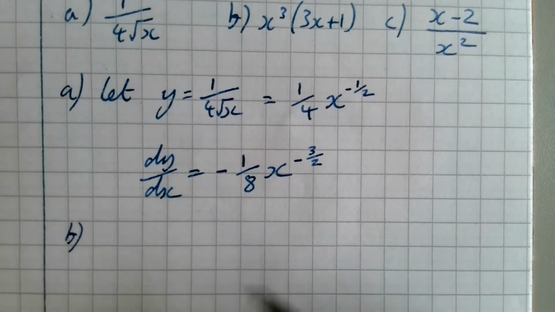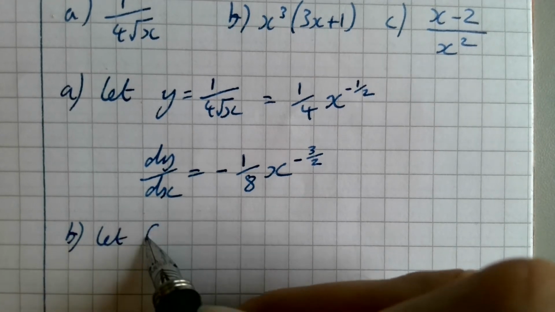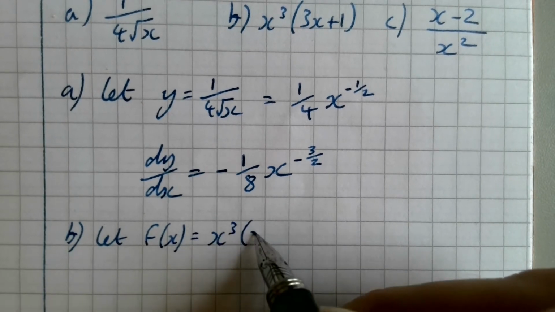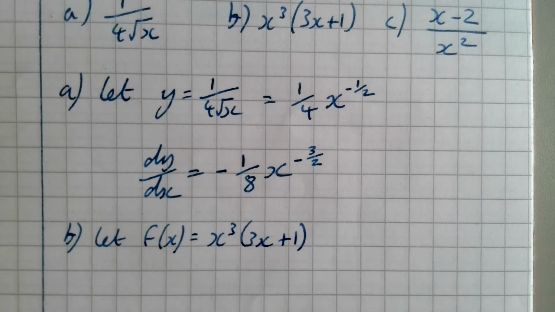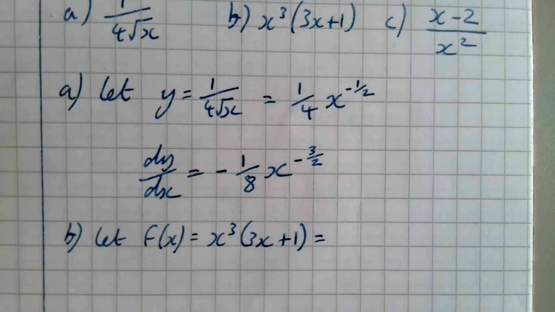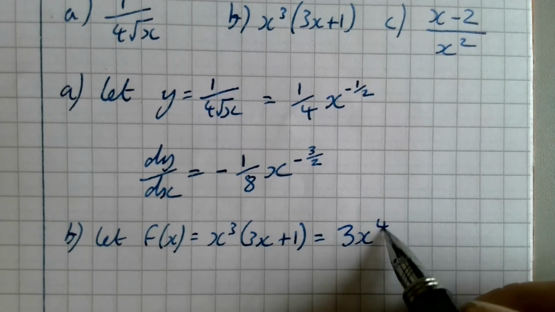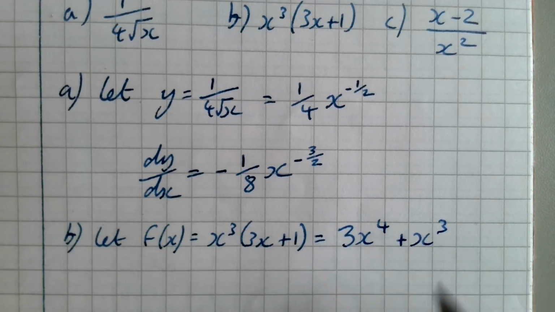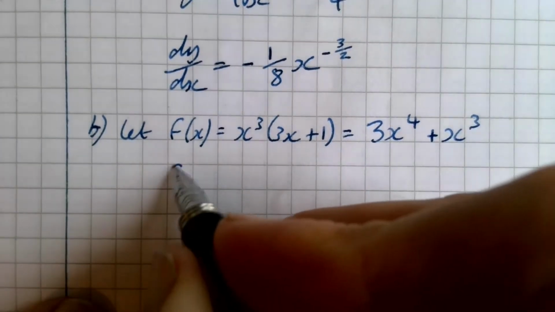Looking at the next one, you don't have to say let y equals 2, so we'll do it the other way this time. So we could say let the function of x equal x cubed (3x + 1). But we don't want brackets, so we need to multiply all of those out so that we get two separate terms involving x. So 3x times x cubed is 3x to the power 4, and 1 times x cubed is x cubed. So that's going to be my function of x, and when I differentiate that,